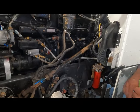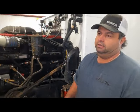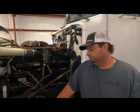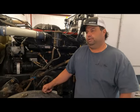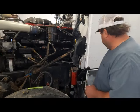Next thing is your filter. I've seen lots of controversy on filters online, and people asked us questions also as to what filter to run. Cummins recommends Fleetguard, obviously. You can take that for what it's worth. I do like Fleetguard. Some people don't. Some people will say, oh, you need a Baldwin, oh, you need a Donaldson. To me, it doesn't matter as far as the starting problem is concerned. I think Fleetguard runs good on Cummins, but what I want to show you is